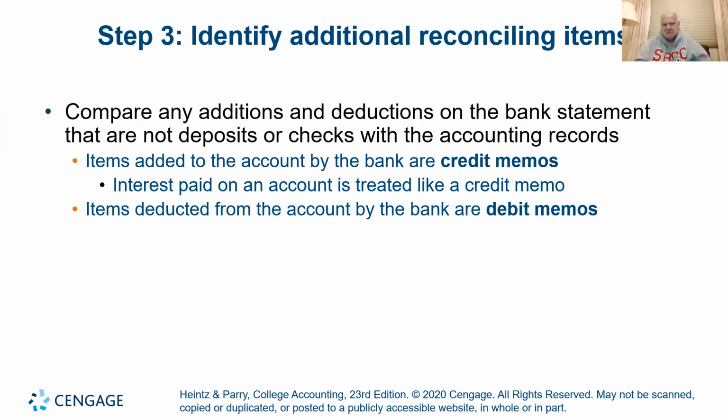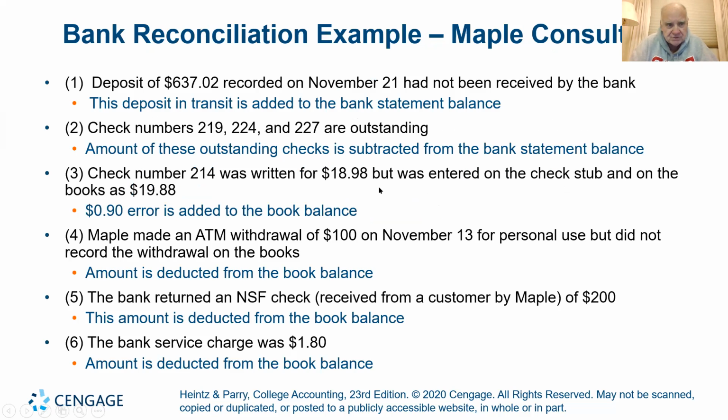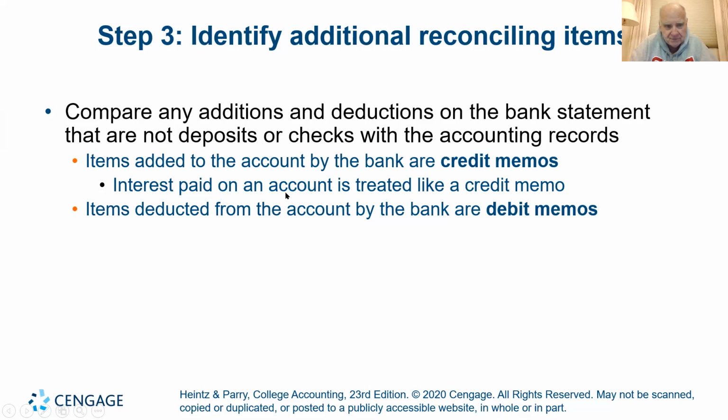Outstanding checks and deposits in transit are both what we call reconciling items, but those are the ones that we know about. Those are the ones that we're telling the bank on paper. Now, the bank is telling us things we don't know from the bank statement. We opened up the bank statement. Wow, there was a credit memo there. Credit memo simply means the bank put money in the bank for us. It could have been just a payment from a customer. Maybe someone who borrowed money from us is paying us some interest. We could have interest expense. We could have interest paid.